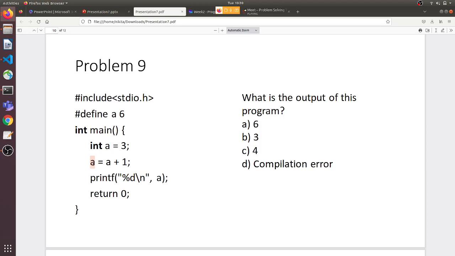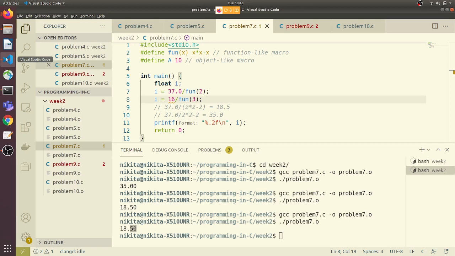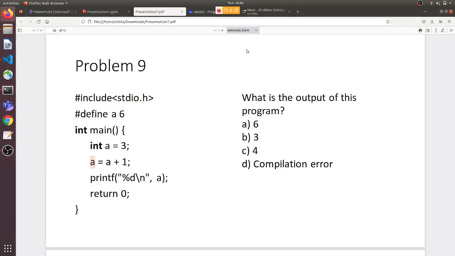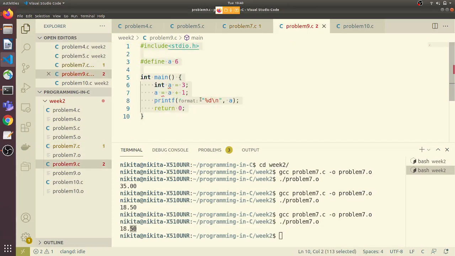So it is going to throw another error saying that it should be an L value, that is, some variable to which you can assign a value. So the output of this program is going to be a compilation error, and I can also run it and show. This is problem number 7. Is it problem number 7? No, problem number 9. So this is the code,